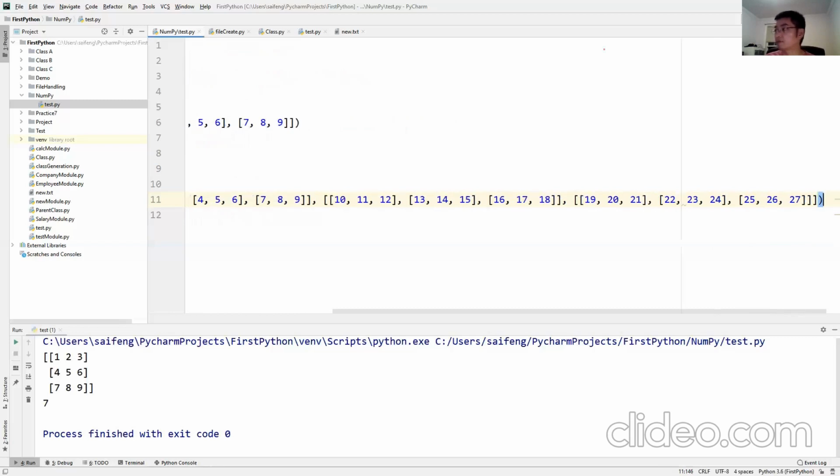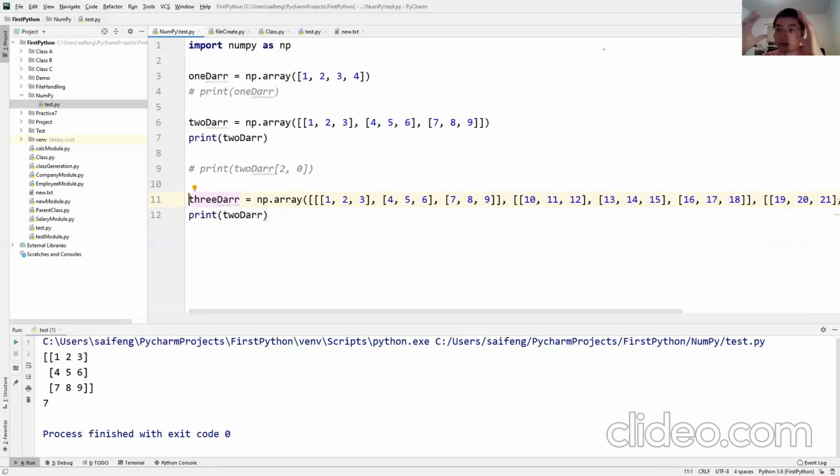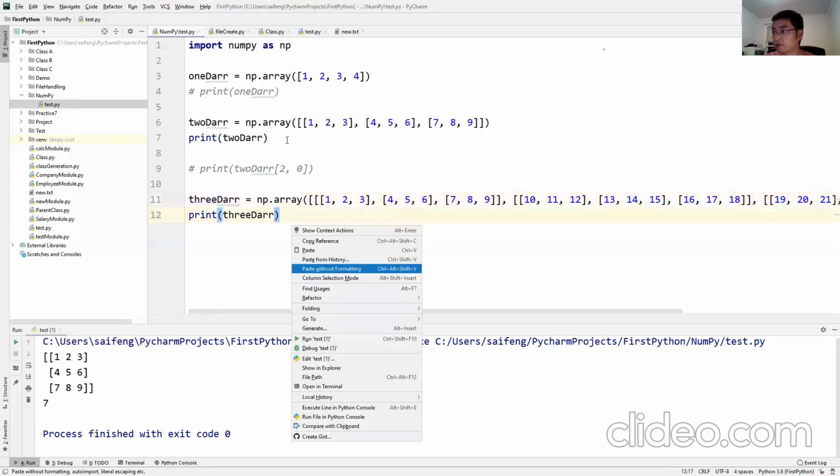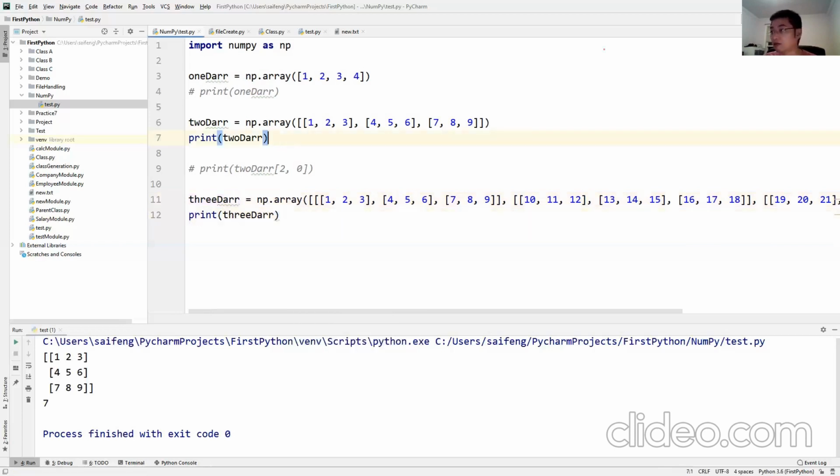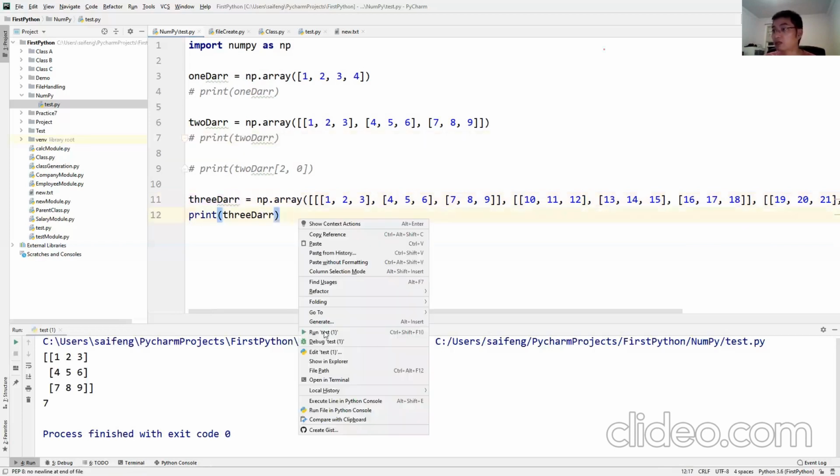Every single element becomes another 1D array again. Now let's print out how it looks. All right, let me stop printing the second array and print out the 3D array.